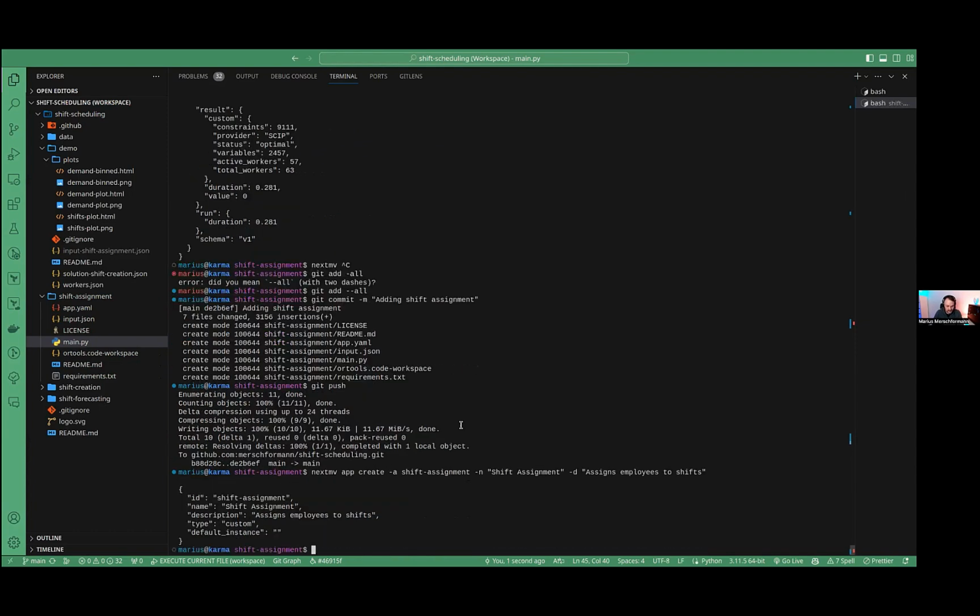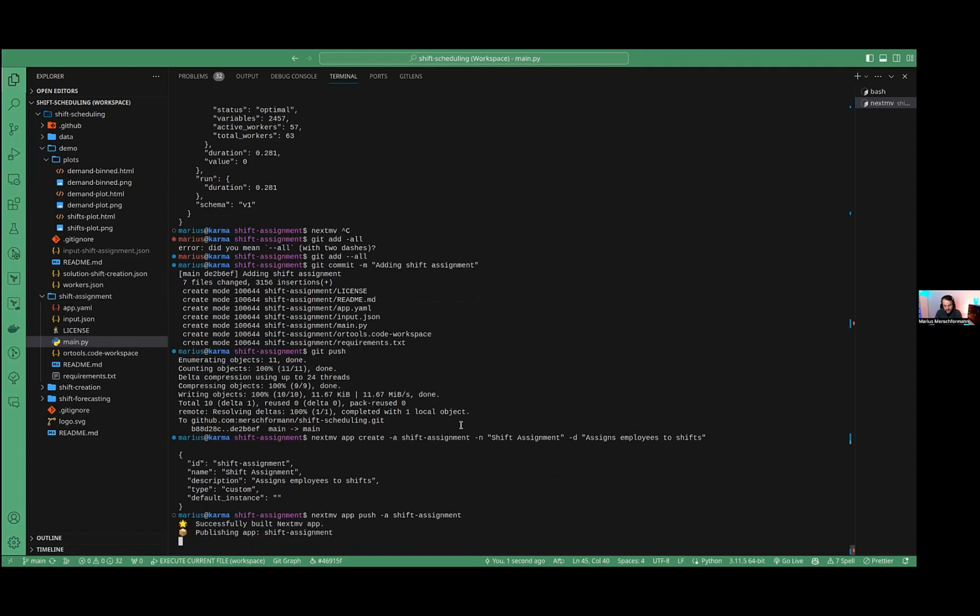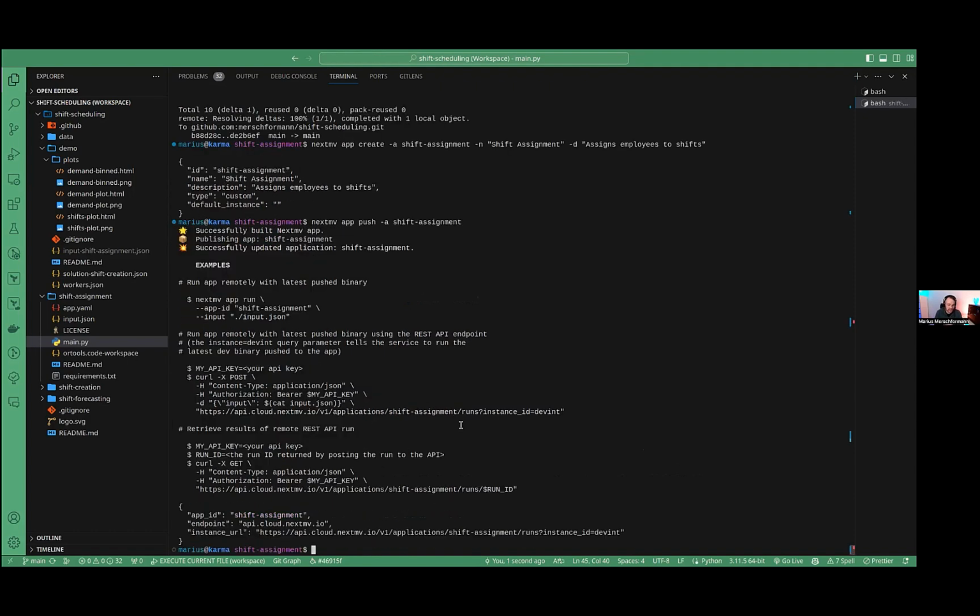Very creative. All right, then next move app push -a shift assignment will snapshot the code like it sees it and bundle it up as an artifact that we can then make runs against. As you can see here, there's even curl statements. You can already push things or throw your inputs against this endpoint that already exists and was created for you. And that's what we're going to do, but with the help of the next move CLI, because it's a little more